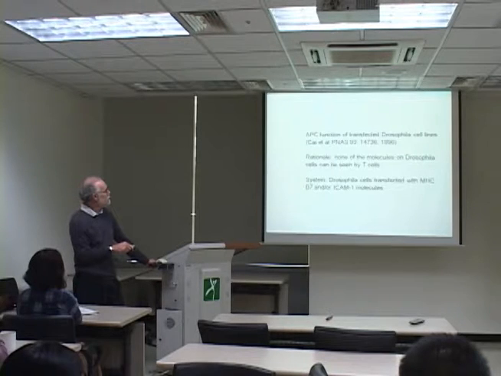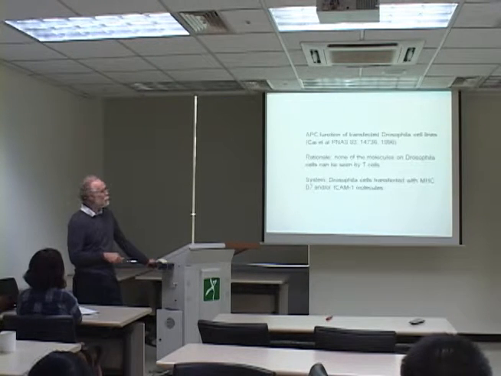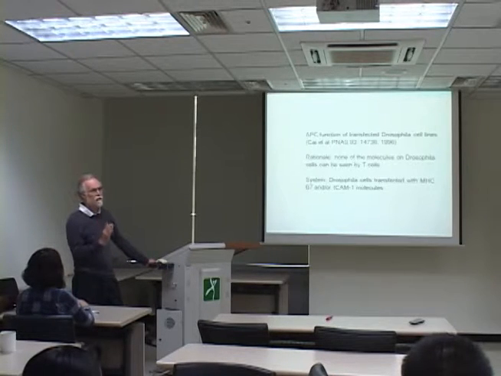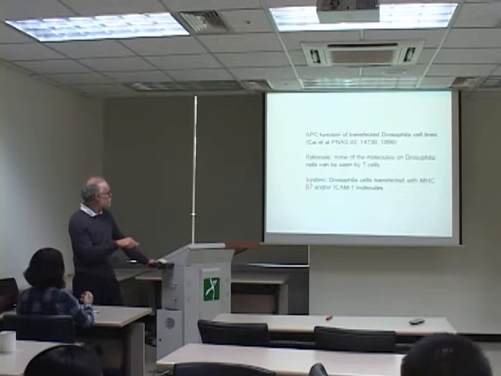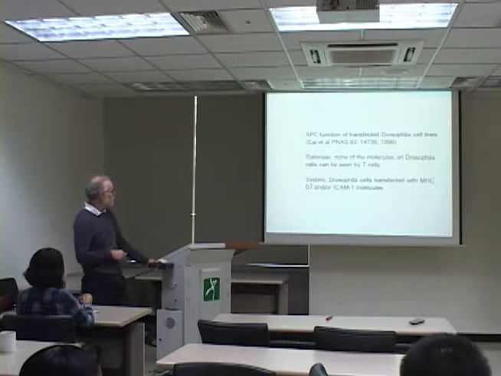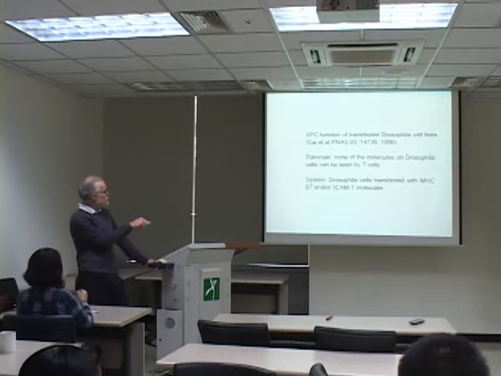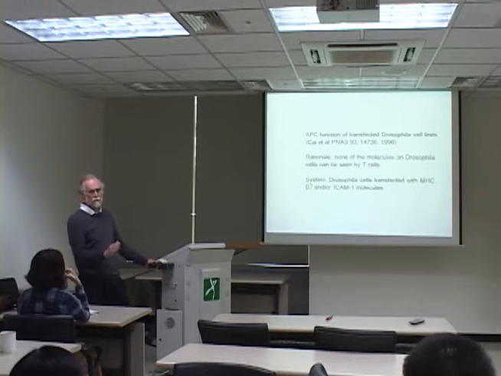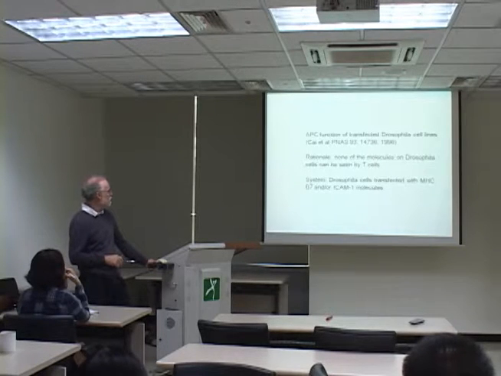And so what we did is we took insect cells, Drosophila cell lines, and we transfected them with mammalian molecules and asked the question, what do you need to transfect into an insect cell to turn it into an efficient APC? And so we put in MHC molecules, B7, ICAM, and so on. And the rationale then is there's nothing on the surface of a Drosophila cell that can be seen by T cells, and all our subsequent work has confirmed that